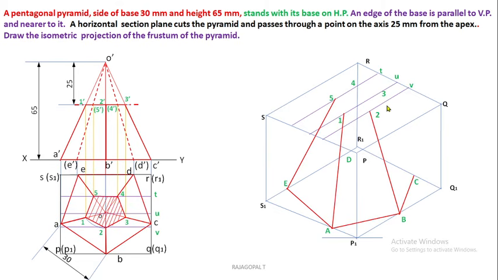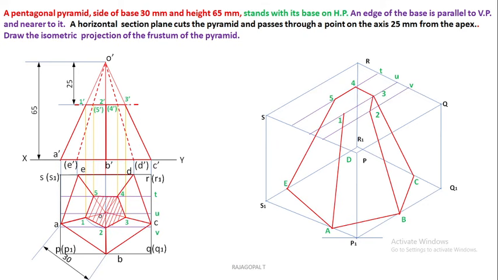So as I said, as an observer standing here, you may not see this D corner. Now you can join all these 1, 2, 3, 4, 5. No need to join D and 4. So you can join 1 to 2, 2 to 3, 3 to 4, 4 to 5. All these corners you can join, all these identified cutting points of the section plane. 5 to 4, 3 to 2, 2 to 1, 1 to 5.